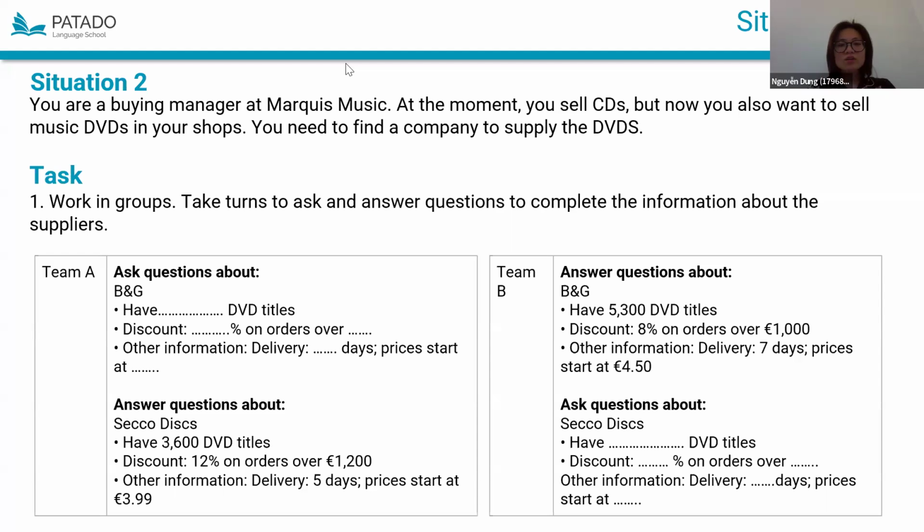Our company is trying to find a supplier to sell DVDs because our plan is to expand our business activities, and so that's why we need to choose a supplier to supply DVDs.